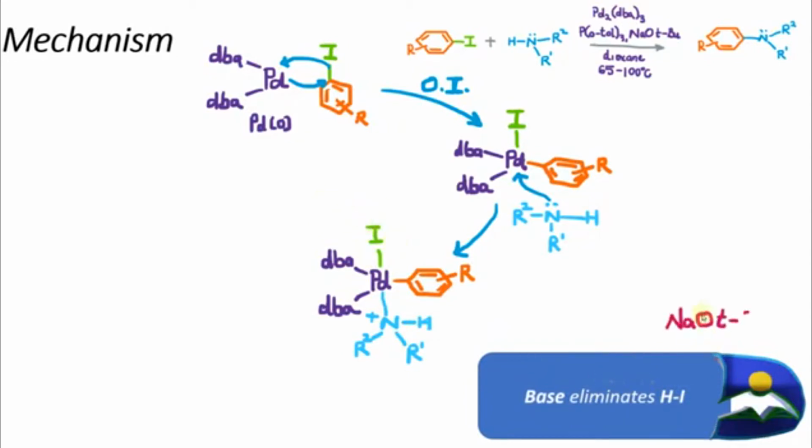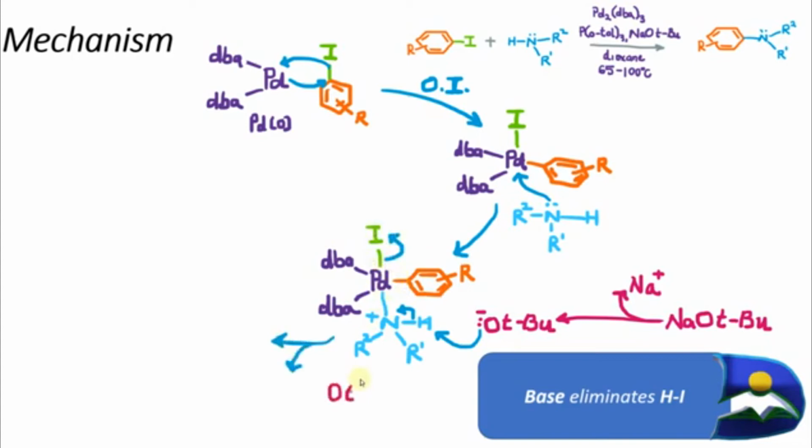Therefore, to accomplish this, our specific sodium tert-butoxide is going to dissociate into first our sodium ion, and on the other side we have our anion, where our oxygen lone pair is going to deprotonate our specific nitrogen, therefore picking up our hydrogen. This hydrogen-nitrogen bond becomes a lone pair on the nitrogen. Therefore this triggers this complex to let our iodide become a good leaving group. Therefore our iodide leaves, and this forms our side products, and as a result of that, we regenerate